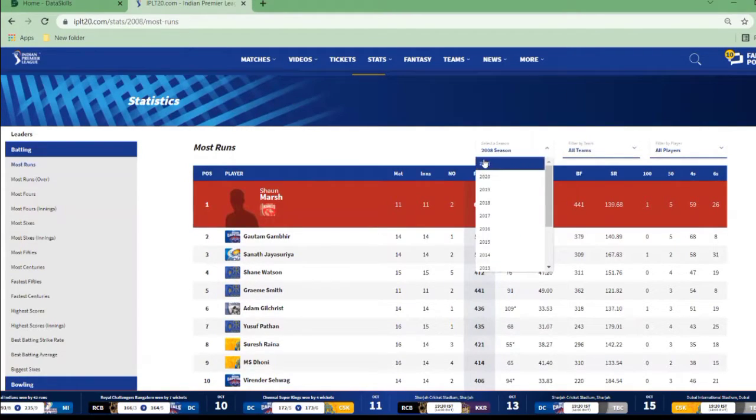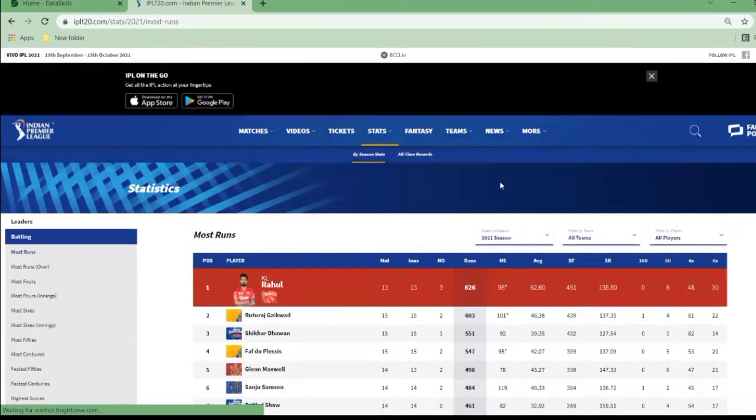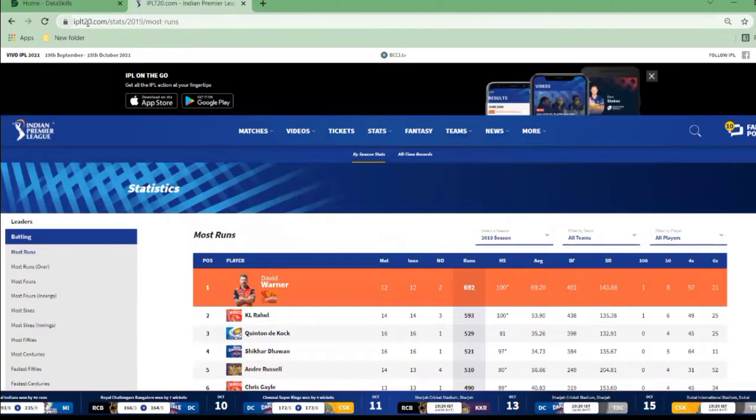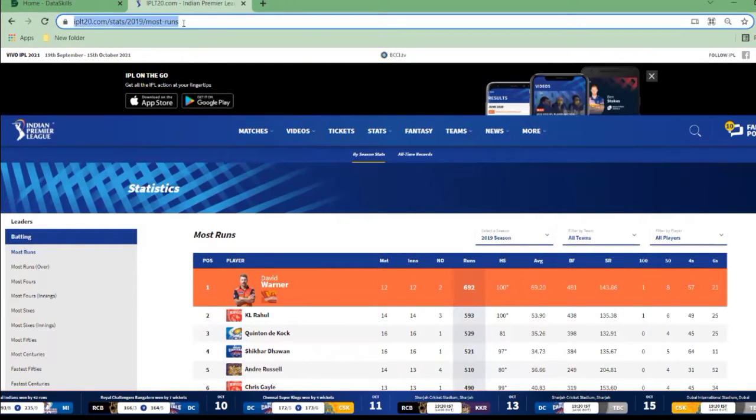So let me select 2021 once again. Once I select 2021, you see the URL here. It is showing the IPLT20.com stats 2021 most runs. Let me go back and change it to 2019. If I change it to 2019, in the URL it is changed to 2019. Everything is the same, only the year number got changed. So if you want to get any one year related data, let's say I want to get this data,